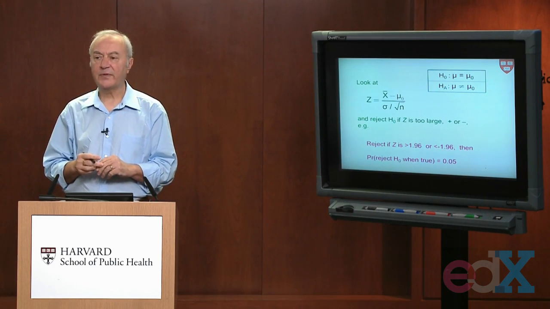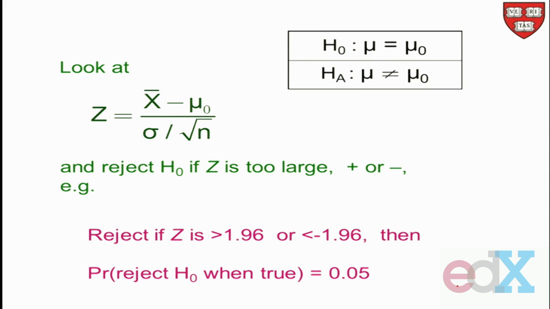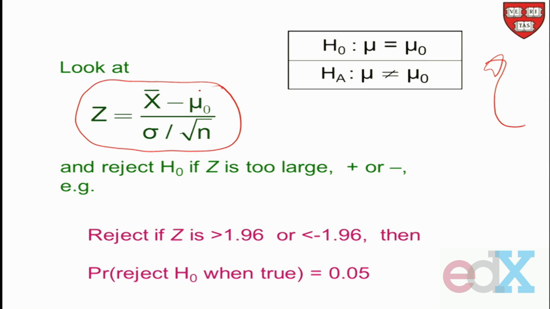Let's take a look at a couple of applications of this framework that we've set up with hypothesis testing. Suppose we want, generically, to test this two-sided framework, that mu is equal to mu naught versus the alternative that mu is not equal to mu naught. Then what we do is we set up our z. Of course, later we'll see that if we don't know sigma, we'll put our s in there and we'll do the t, but let's not complicate the argument right now. So we set up our z, let's act as if we know sigma, and then